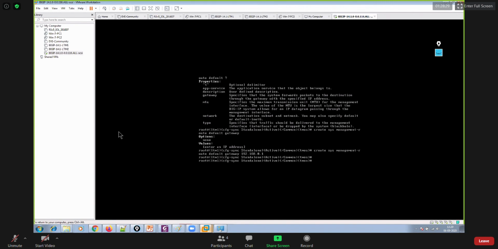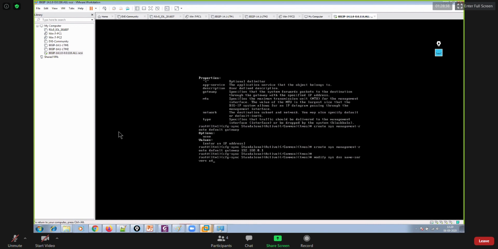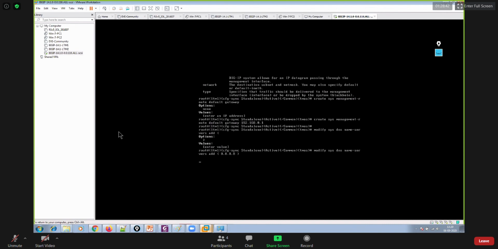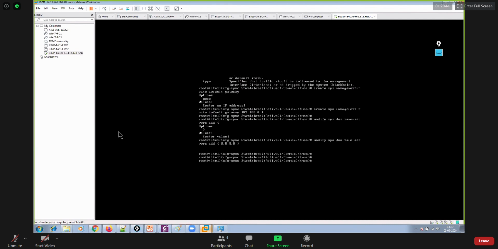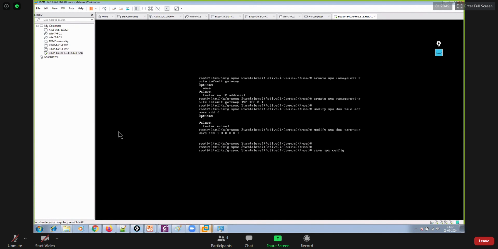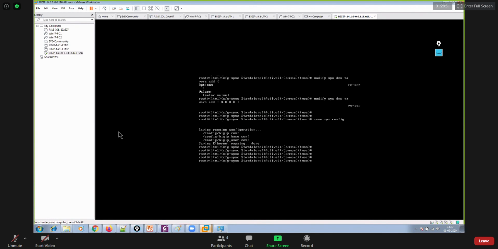Thereafter I'll create or modify this DNS name server, add 8.8.8.8, and here you go. Save this config.